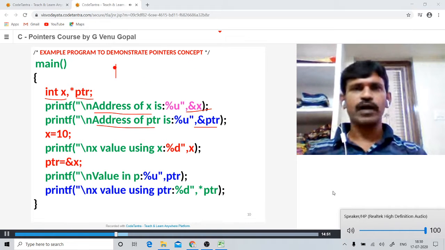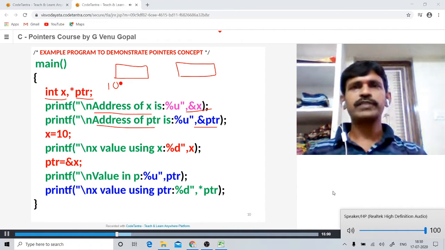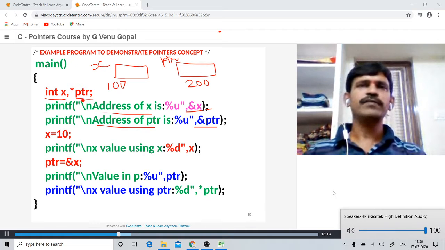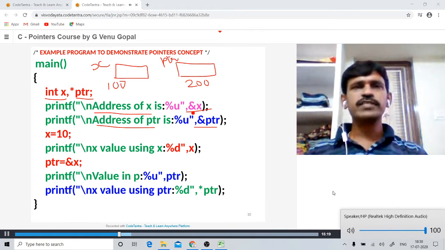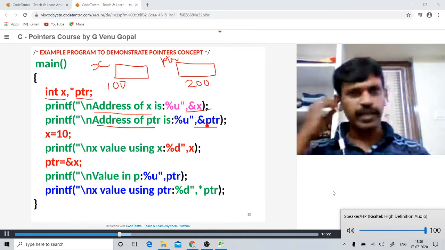Assume that there are two variables created at, let us say, 100 and 200 locations. 100 is the location for x and 200 is the location for ptr. So initially x is not initialized with any value and ptr is also not initialized. First we are trying to print the addresses of x and ptr.